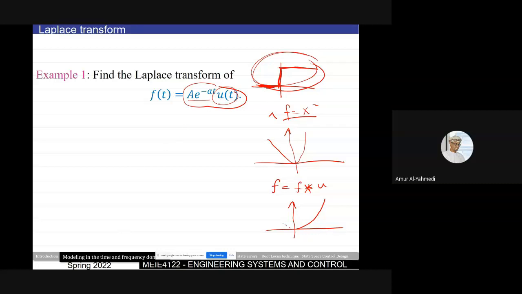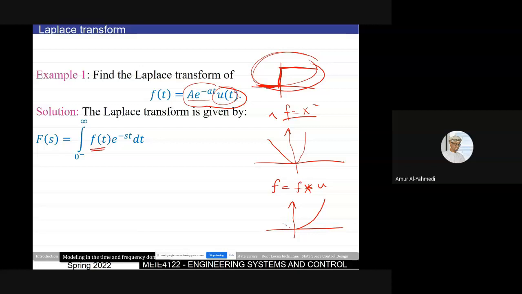Now, if I want to get the Laplace transform of this, I'll just substitute into the definition of the Laplace transform. So this f of t will come here, which is this one. And then if I substitute, what I will get is